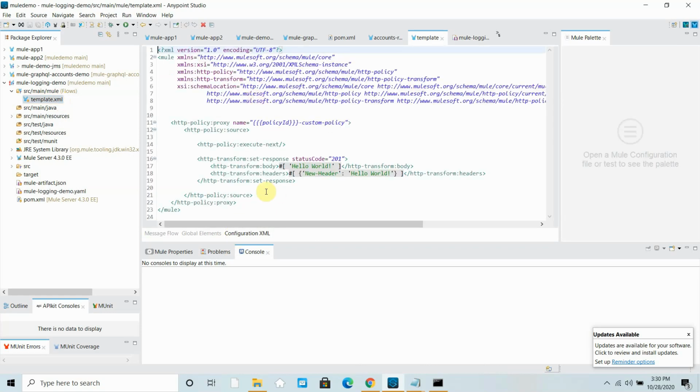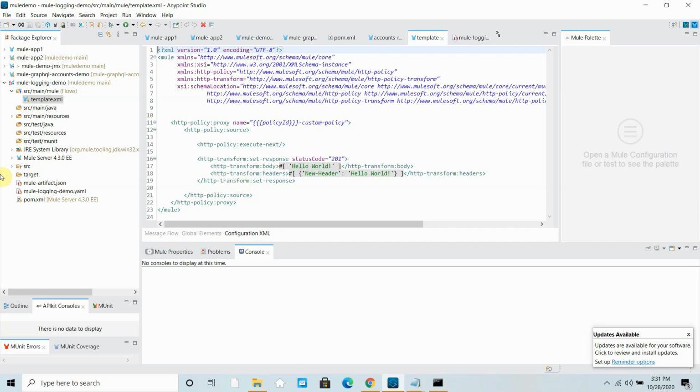This section contains various parts like source, basically under which we are going to write a logic. So whatever logic you want to apply whenever the request comes, it has to be before this HTTP policy execute next. And whenever you want to apply anything when the response comes, you have to write below this execute next. I will show that. Okay, so you can keep this in mind for now. So in this video we have learned how we can generate a template project using the archetype provided by MuleSoft, using Maven archetype. And also we have added one profile, and we have also seen how we can import a custom policy project in our